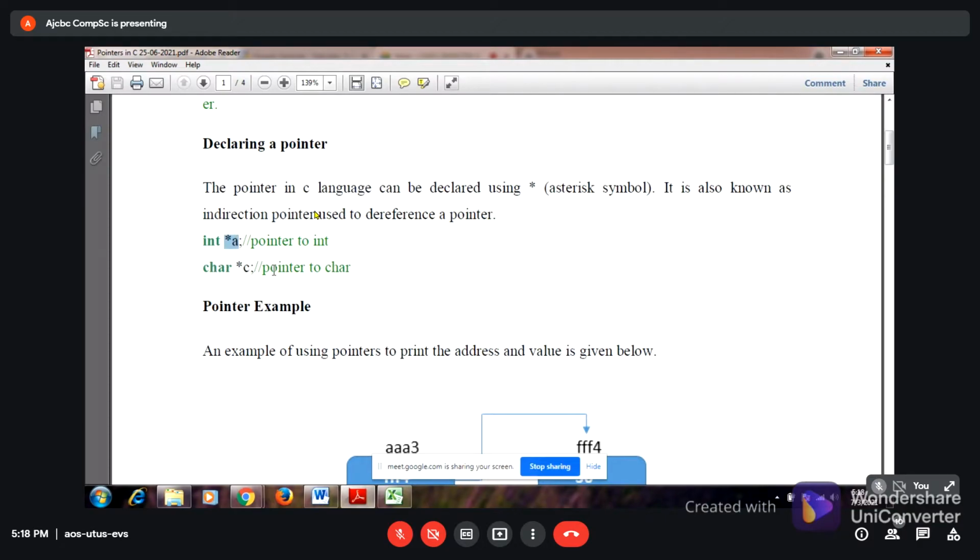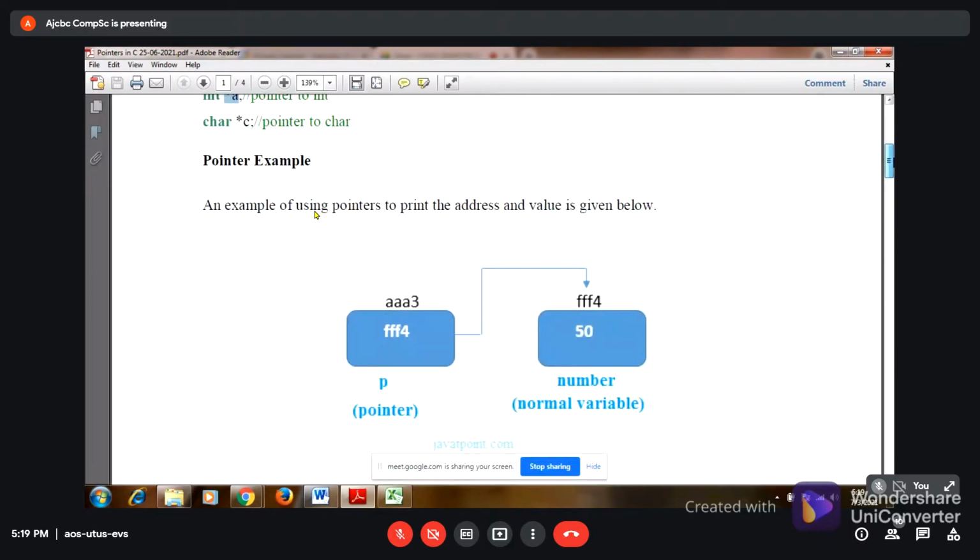So char star c is a character pointer. Int star p means it is an integer pointer, it is pointing to an integer variable. Now char star c is pointing to a character variable. Okay. A pointer means it is pointing to some other variable and it is storing the address of that variable, not the value.